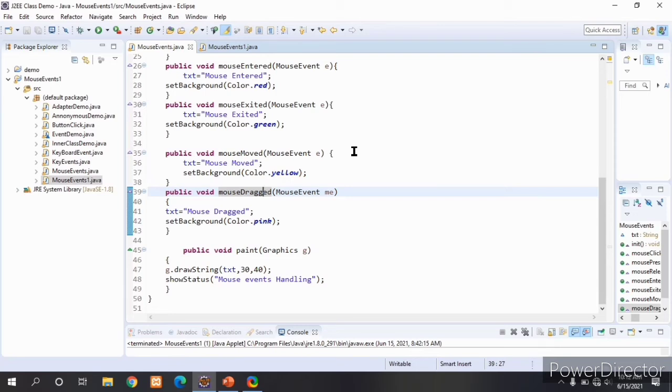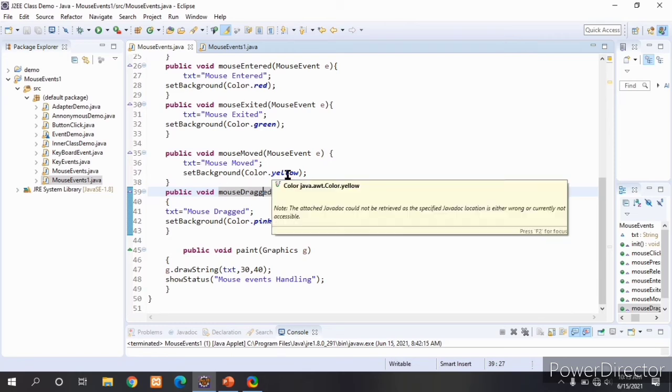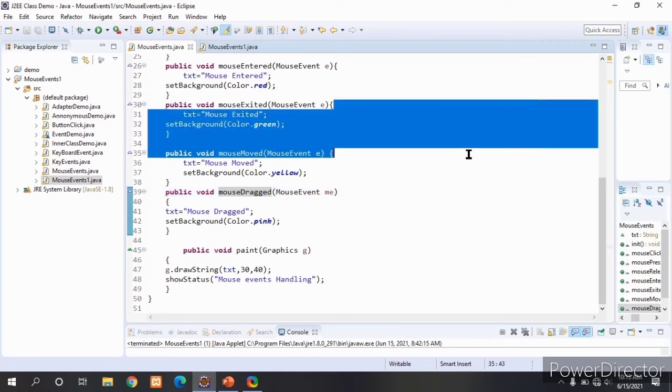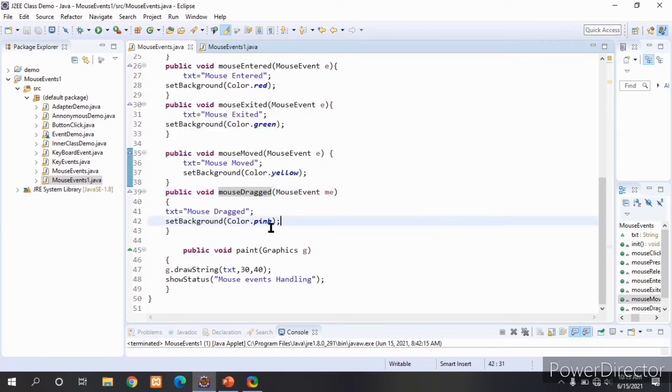Mouse moved: when we move a cursor within an applet window, it will display the text mouse moved and the background color will be set to yellow. Next is mouse dragged, which is dragging a mouse. At that time it will print the message mouse dragged and the background color will be set to pink.